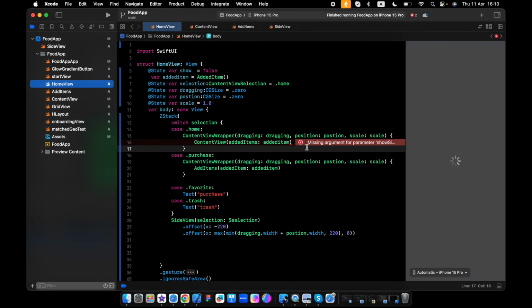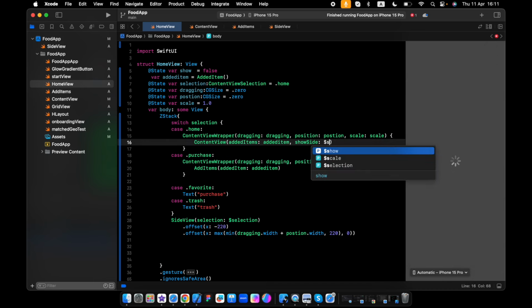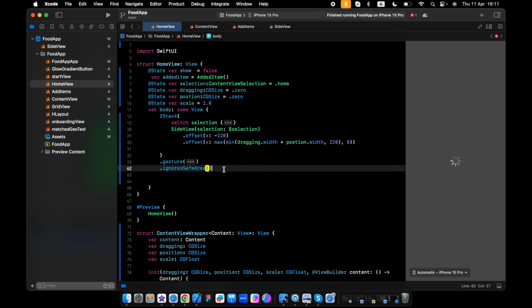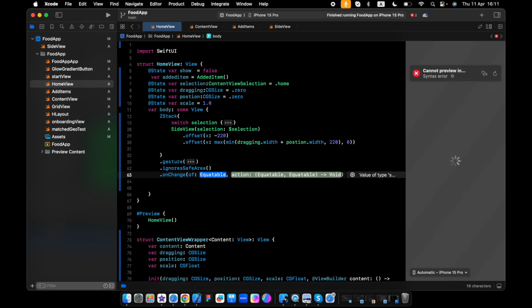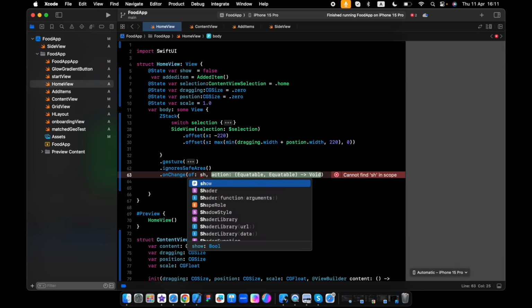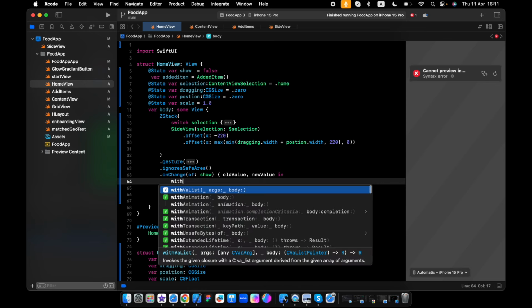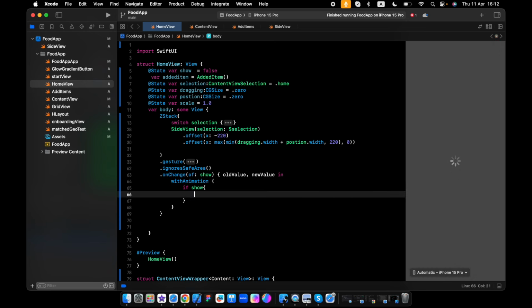Go back to the home view. Now we need to pass in the show side. I will use this one, show. Let's close all this, and I will use on change, show. If show, that means if show is true, the dragging dot width will be 220